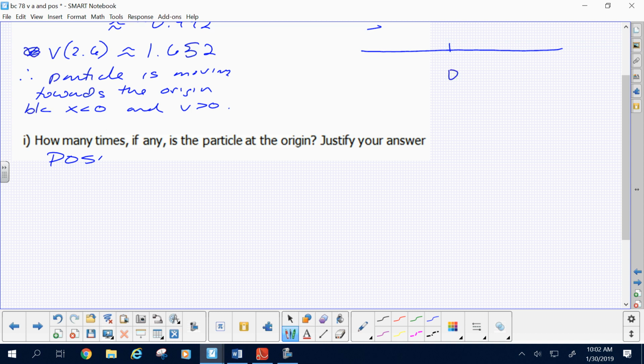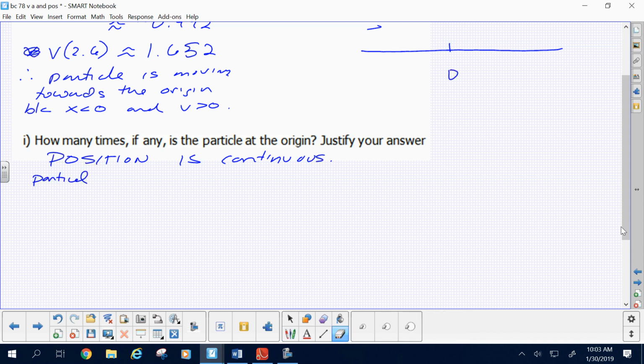first and foremost, if we're going to use IVT, let's meet the condition. Position is continuous. Particle, let's see. So let's go with something like, what's a good way to say this? Help me out, people. At time equal 0, x is -1,